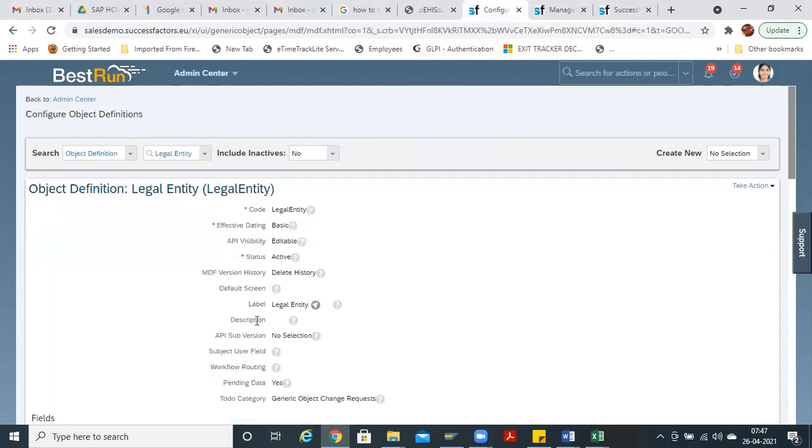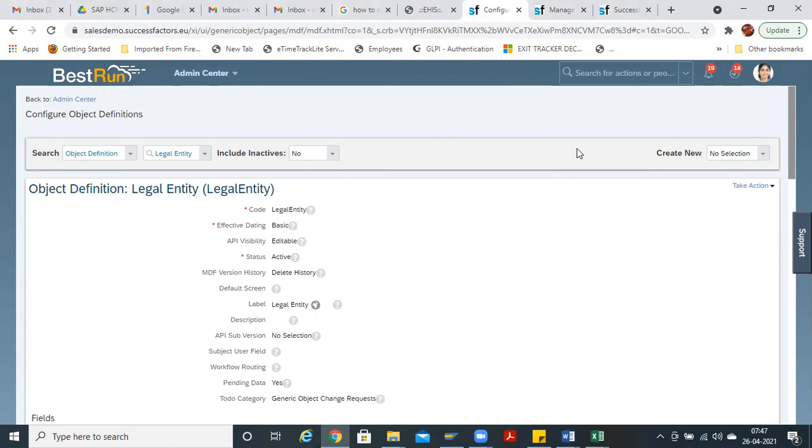Like if you want to add any fields, add any custom objects, that will come when I go into detail. We have just started MDF objects. We have not completed MDF objects. Once we complete MDF objects, you will get the detailed scenario. How to create custom MDF and all, those are coming in the stream now.